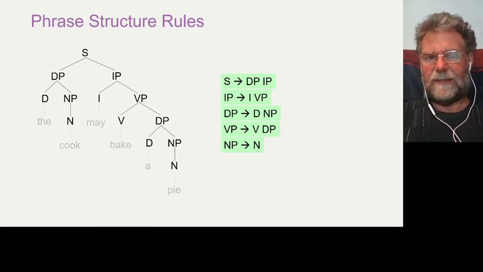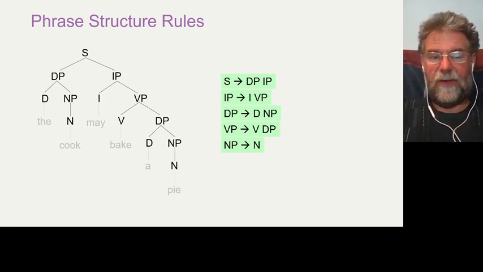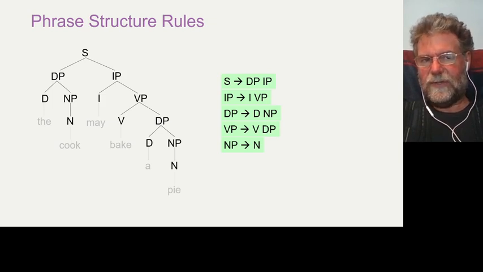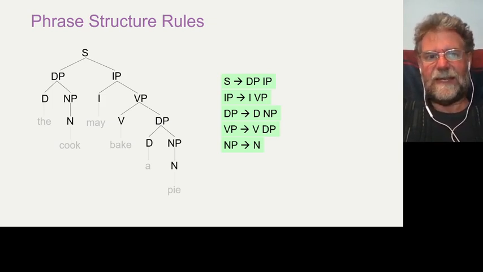Obviously, this doesn't cover all of the possibilities. There are other kinds of phrases: prepositional phrases, adjectival phrases, adverbial phrases, etc. Different kinds of phrases are going to need different kinds of rules. But this set of rules, as you can see, can produce this particular sentence, but also a whole bunch of other sentences